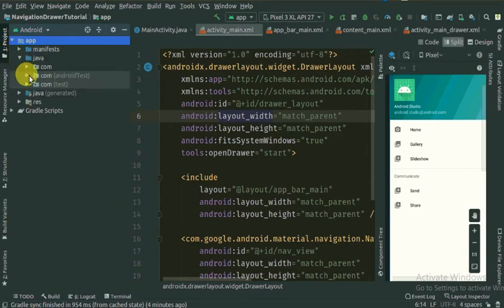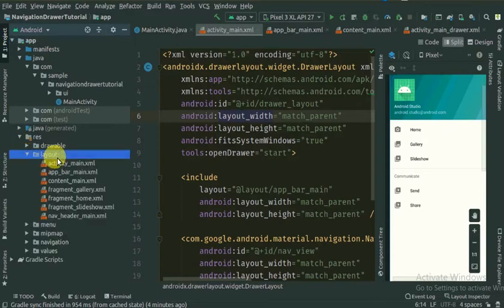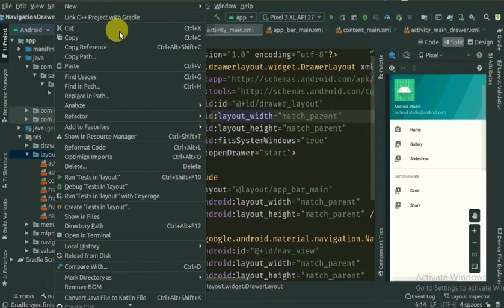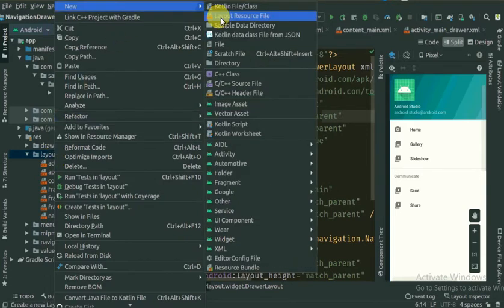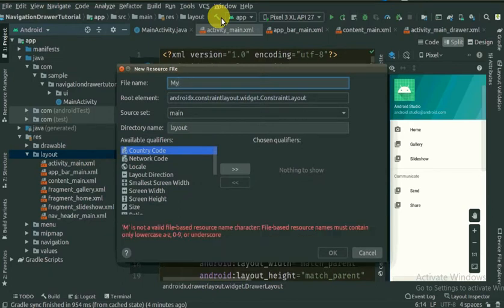Here in our project structure, in the resource file, in the layout folder, let's create our custom layout for the navigation drawer. My navigation layout.